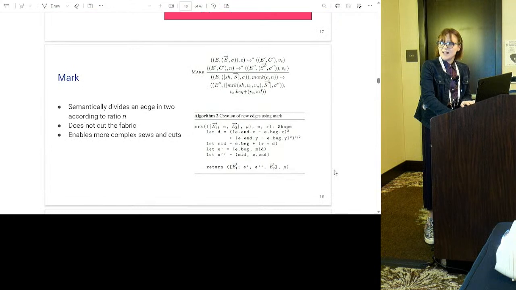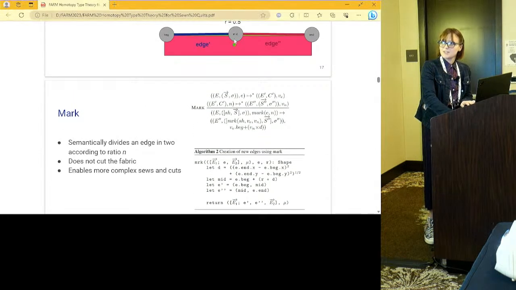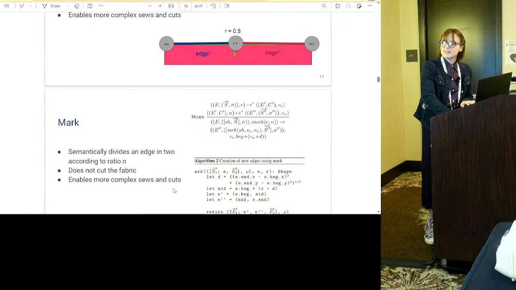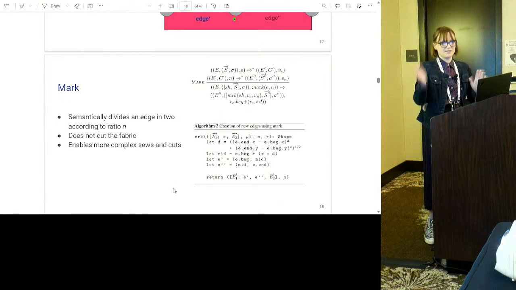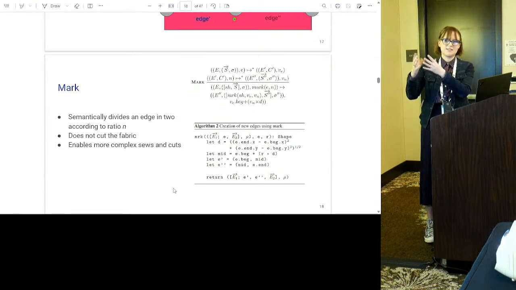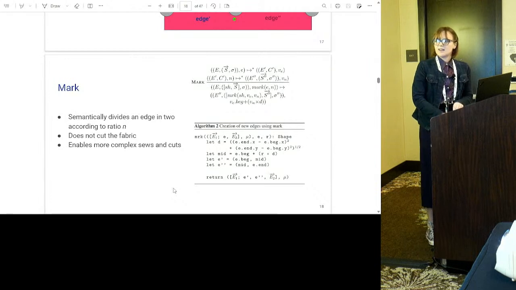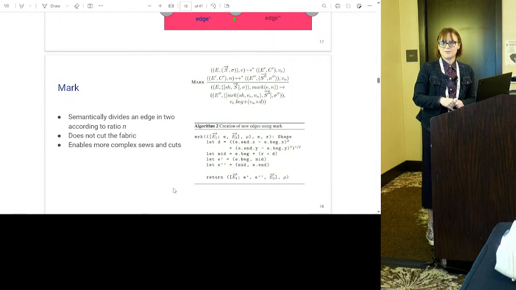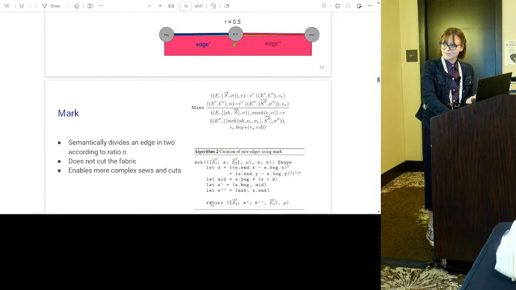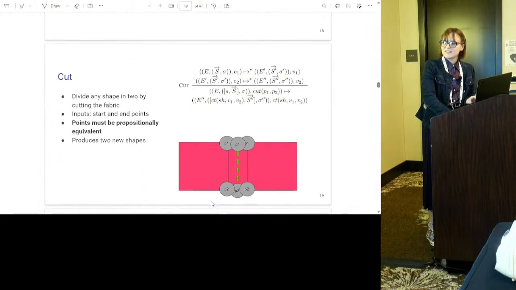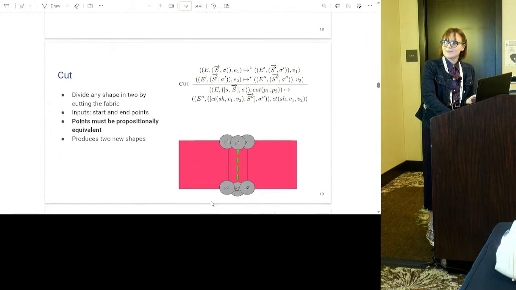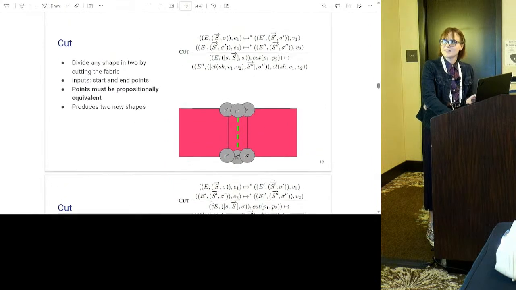We have a little simple algorithm here, which basically starts with just the beginning and the end point of this edge, and then we create this one in the middle. The algorithm just calculates the distance in between them and splits it at this ratio, and that's where you decide you're going to put your new point. It's just simple algebra to calculate that, which is very nice. If we had animations, this would make a little bit more sense.